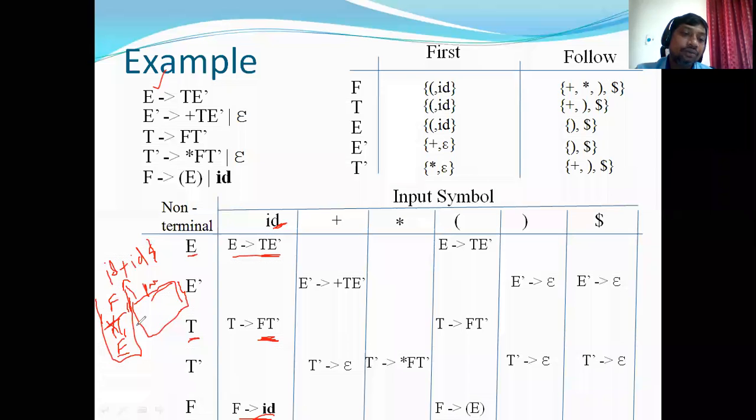So I replace F with ID. Just below it we have T dash, and next to it we have E dash. Now our input ID exactly matches the current input symbol. Now pop it off and advance your read head.